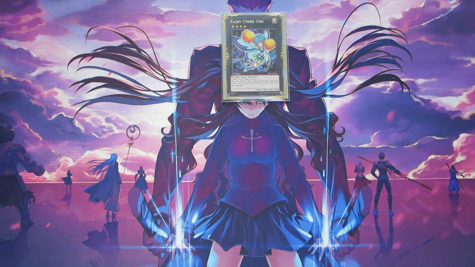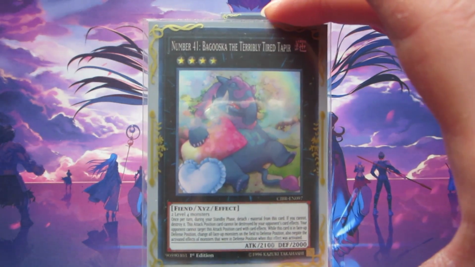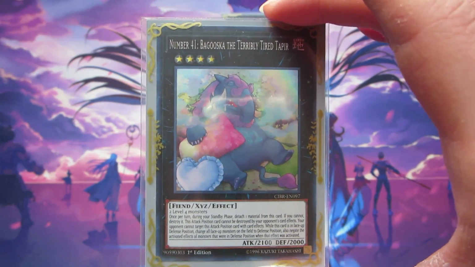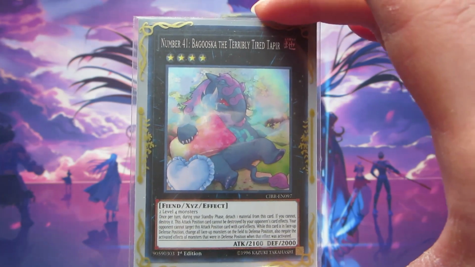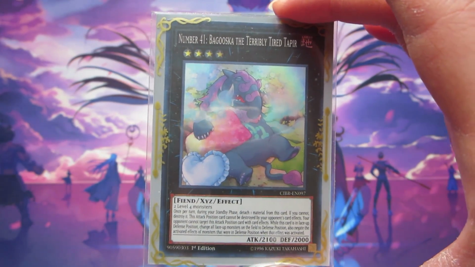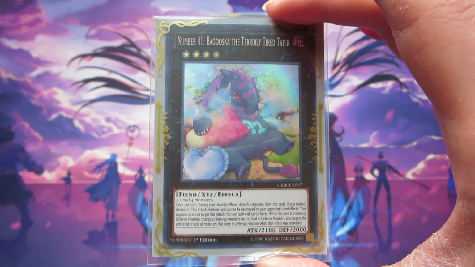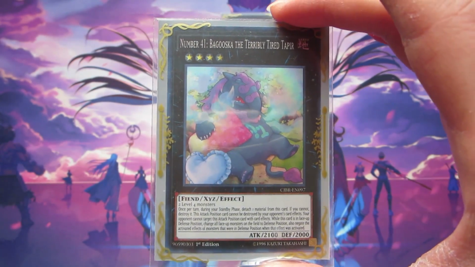Okay, so the next card that we play is going to be one copy of number 41, Baguska, the Terribly Tired Tapir. And Baguska is a fantastic floodgate. If you're going first and you don't know what you're up against, but you didn't open too well, you can always sit on Baguska and be safe for a couple of turns until you get the resources that you need